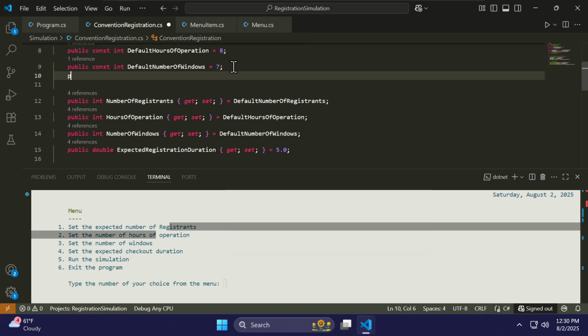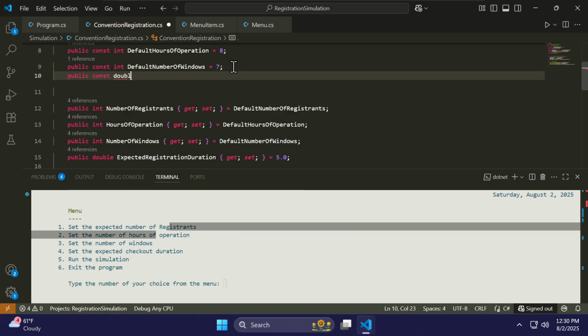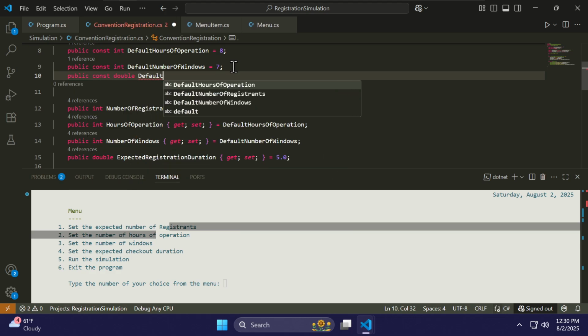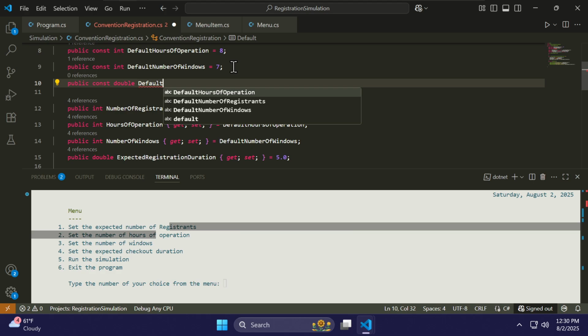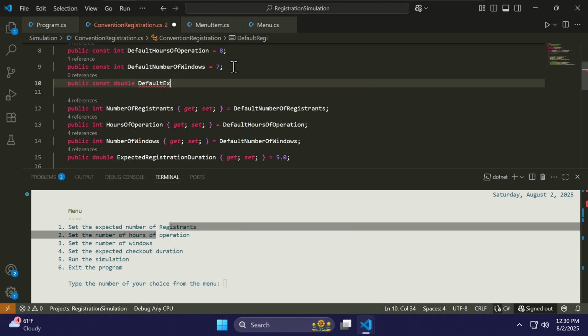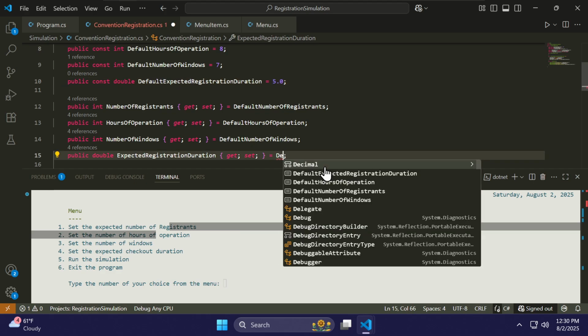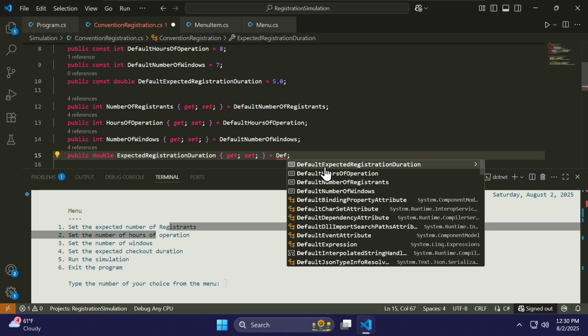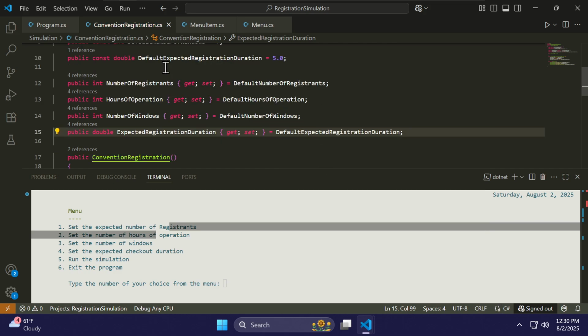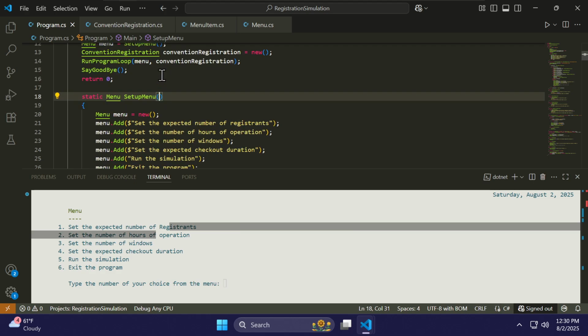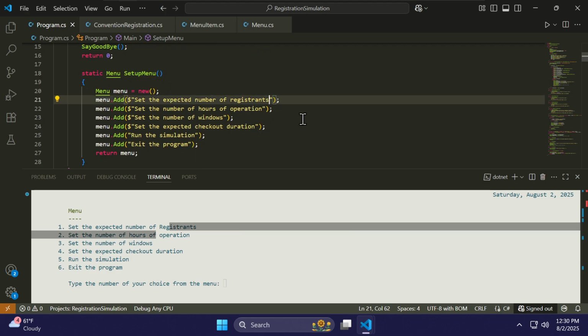And finally, public const double default registration. Technically, we can leave off the 0.0. I'm going to leave it in, though, but we could leave it off. There we got defaults. Now we can come up here and we can say